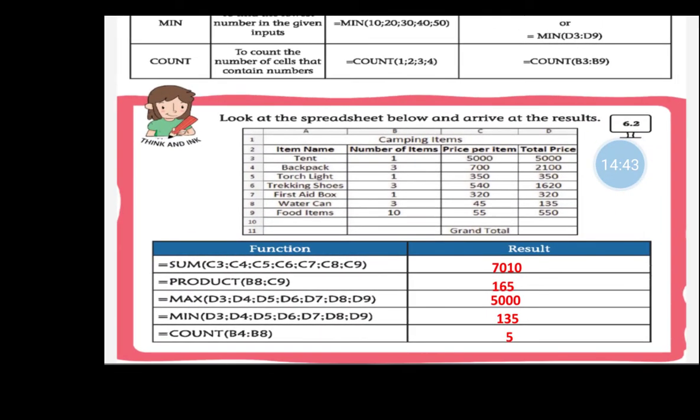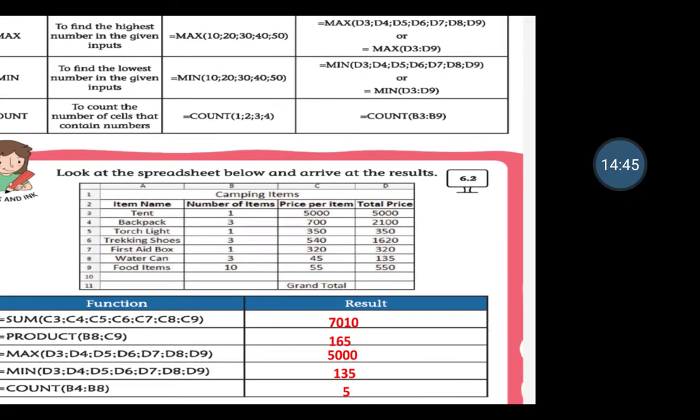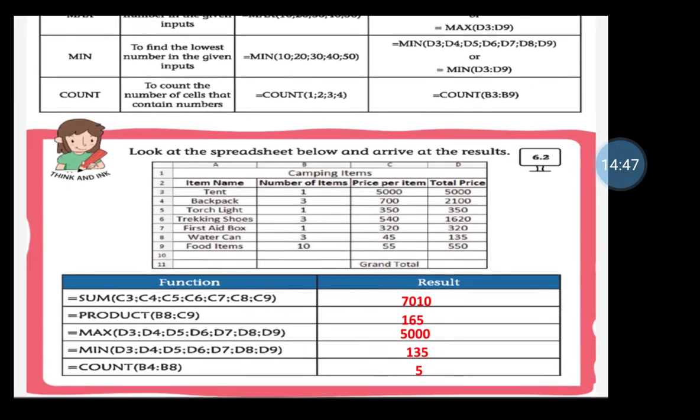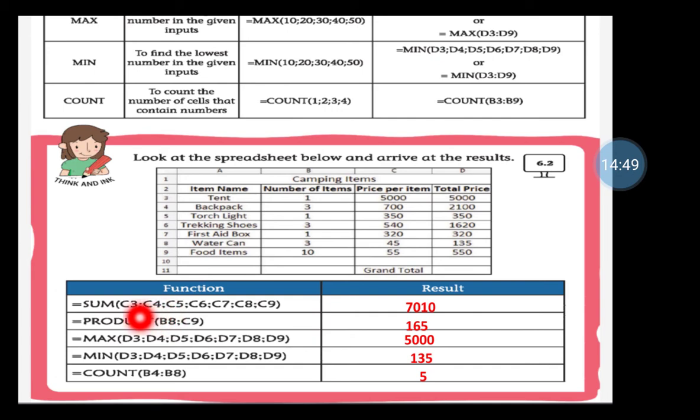First one is sum. You have to do the sum. How you will do it, they have already written here. The formula is already written: C3 to C9. See here, this is the C column, and they have started from C3.